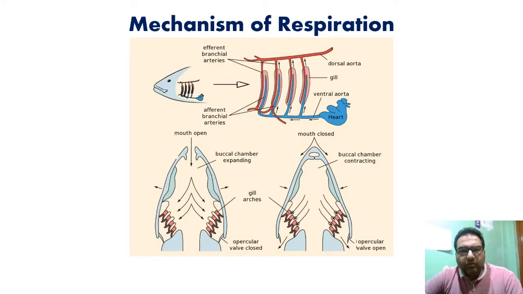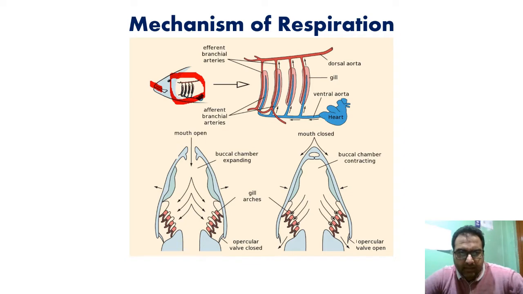Now, what is the mechanism of the respiration? We have talked about how the exchange of gases takes place in the secondary gill lamellae. But what is the mechanism behind this very respiration? For this, we need a little bit of an idea, and we know that this is the mouth,